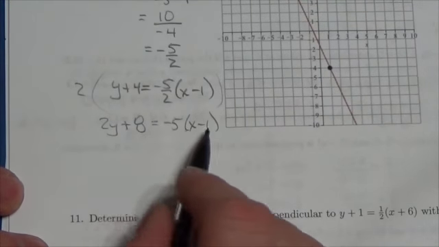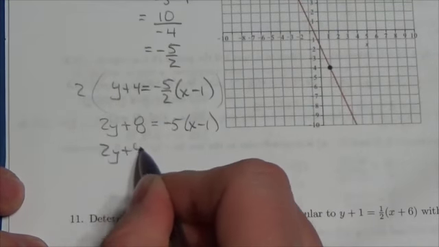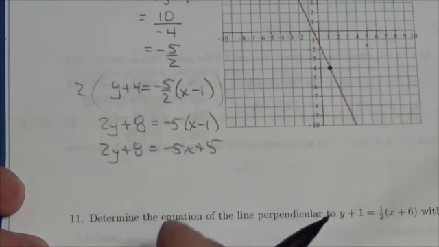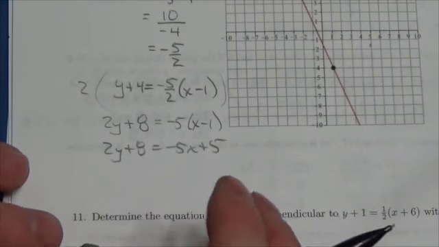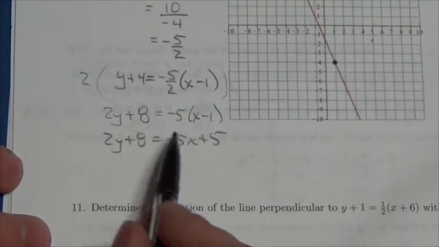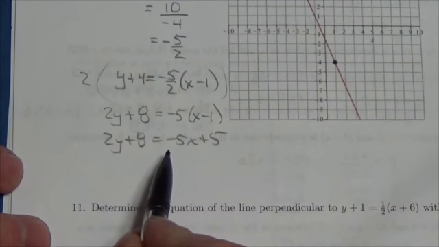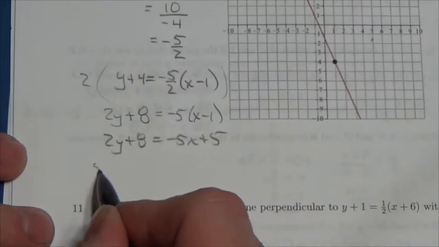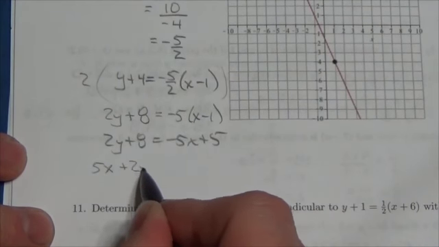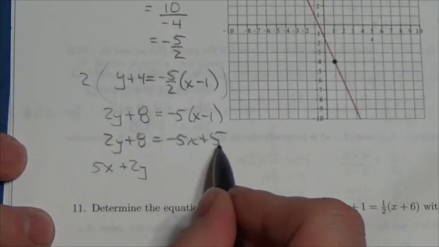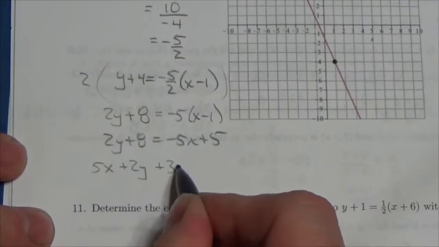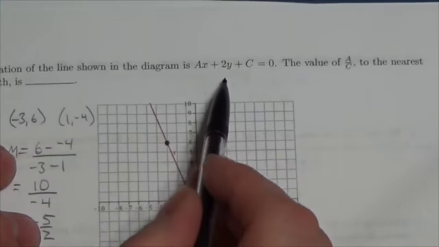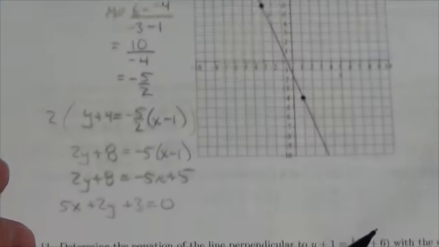Now, I have to expand that out, so I will get 2y plus 8 is equal to negative 5x plus 5. And now to write it in general form, I'm going to bring everything over to the side that's going to make the coefficient of the x term positive. I've gotten rid of all the fractions, so I'm good here. So I'm just going to bring that over. It'll become positive 5x plus 2y, and then when I subtract the 5 from both sides, I will get plus 3 equals 0. Now that's really encouraging, that coefficient of the y is 2, okay,